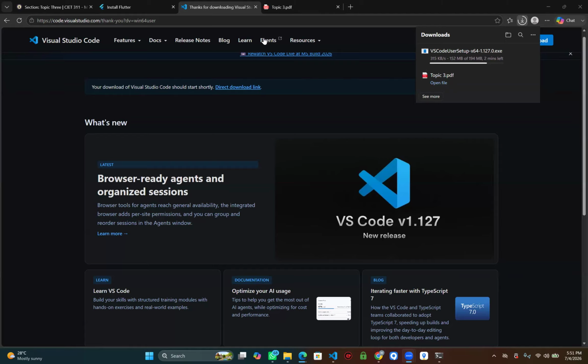Check. Give me the list of the folders in drive C. I have Intel, local storage, OneDrive, perf logs, program files, x86, program data, SAD log, users, Windows, and XAMPP. Have you downloaded Flutter yourself? Yes. And you cannot see source because it is on my machine. Go to program data and let him see.